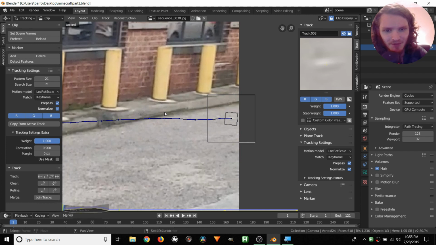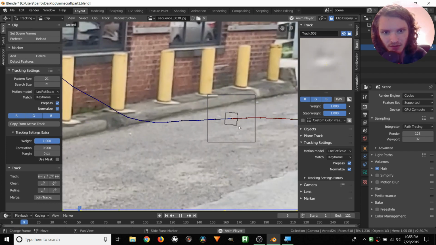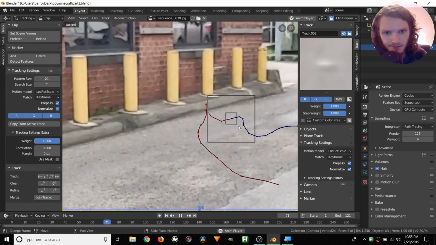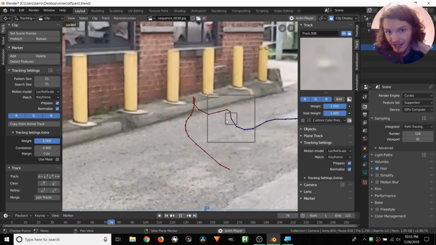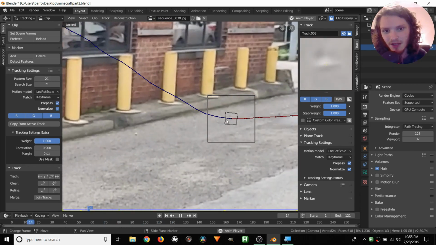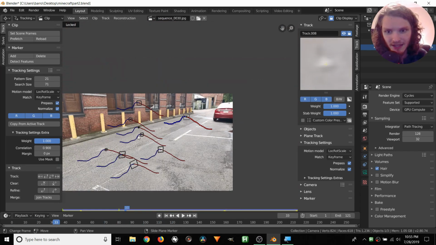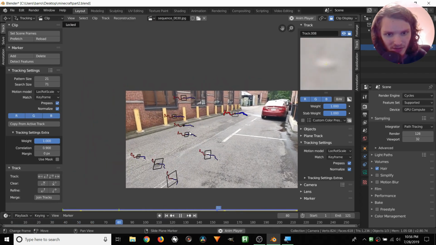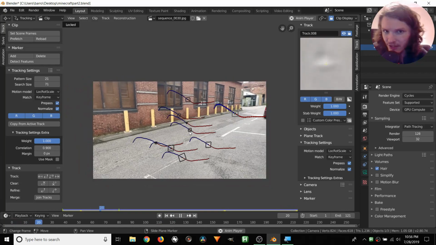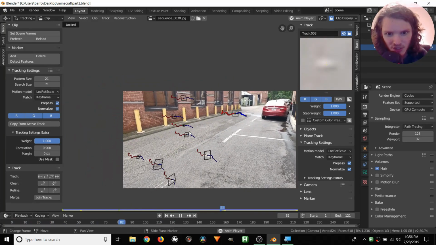Okay, Control L. And let's just make sure that tracker's good, so do some quality control. I just want to make sure it doesn't hop to a different white dot that it confuses with it. But I think this is good, and I think that should mean we have 8 trackers throughout the whole shot. Are those good trackers? Well, I think they're pretty good, but are they good for our camera solve? That is yet to be determined.